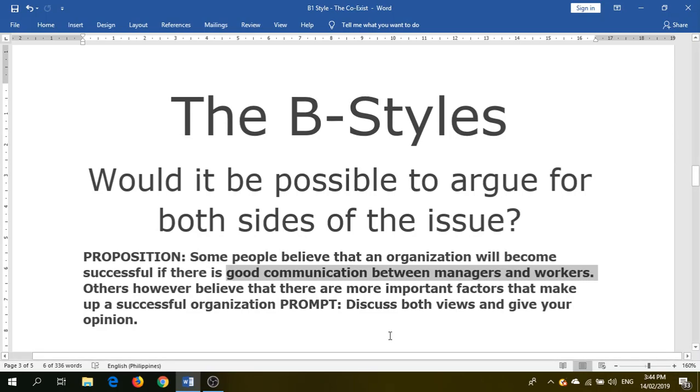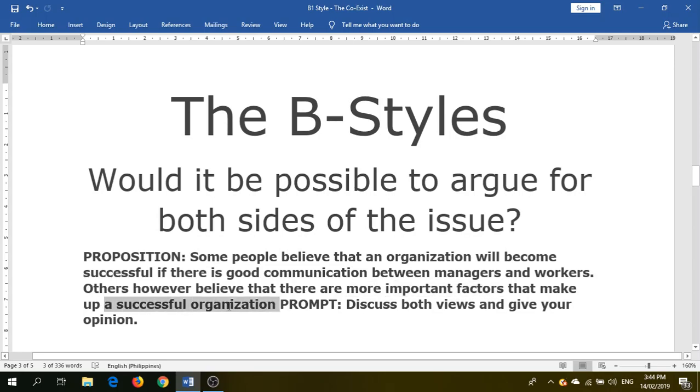But the writer also saw that more important factors were also cited in the question prompt, and therefore, as the writer proceeded to the second body paragraph, the writer began to outline what these supposedly more important factors are. And if you'll see how that was done, you'll have to look at video number 7. I hope you didn't skip that video. And then, as the writer already came up with the two body paragraphs, the first talking of good communication, and the second talking of more important factors, the writer now proceeded to conclude the essay by saying that all of these factors are actually very important in order to ensure a successful organization.